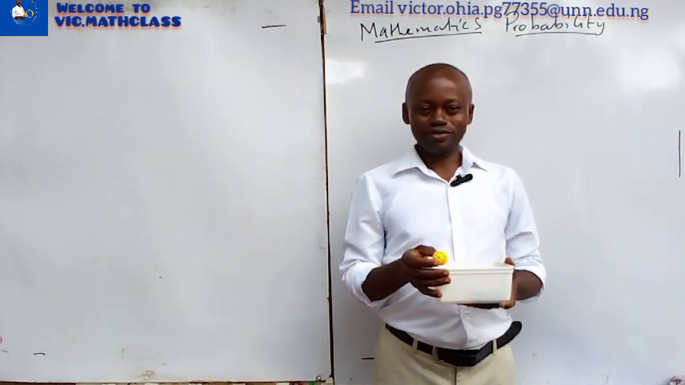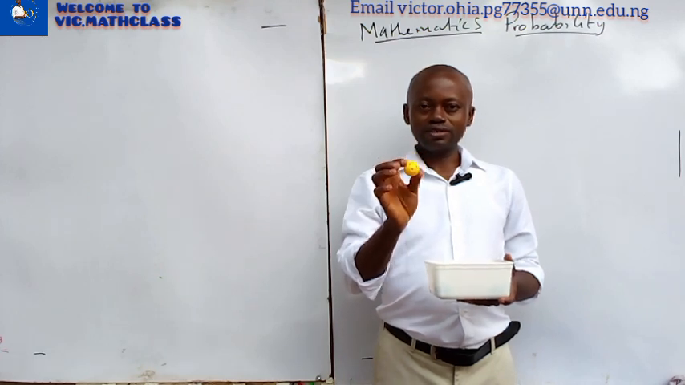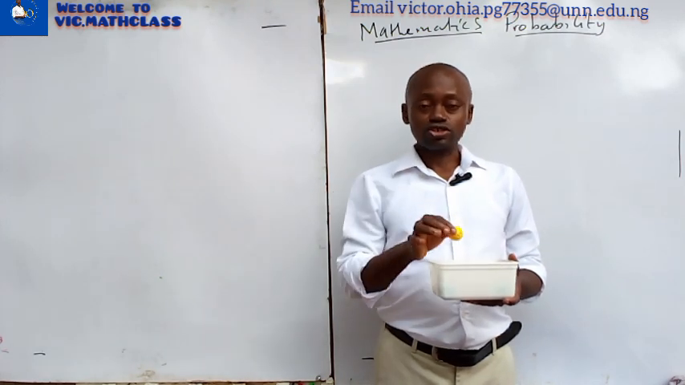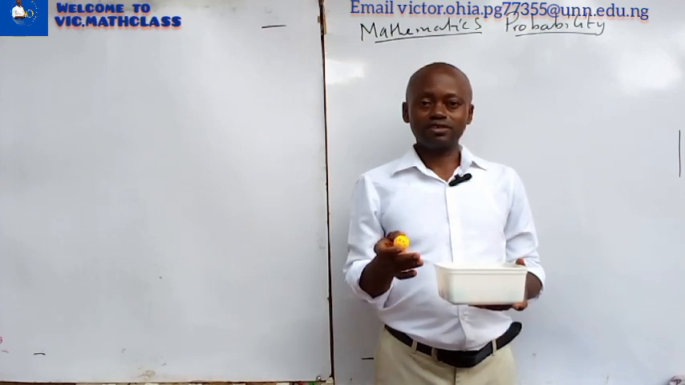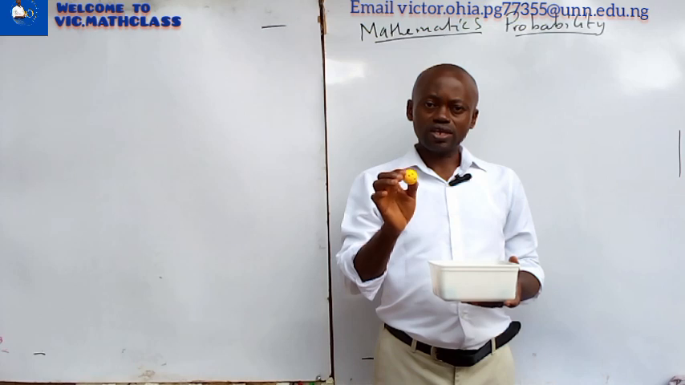In mathematics, we don't do magic. Yes, reality is what we are talking about here. This is a yellow ball and nothing but a yellow ball. It is not a red ball. It is not a blue ball as we have in this place. Do you understand? So when we say that events are mutually exclusive,